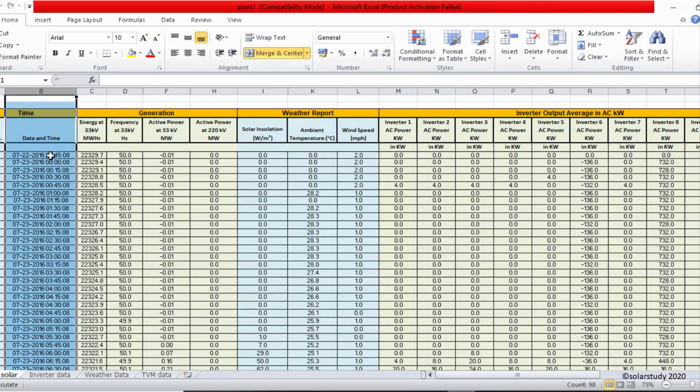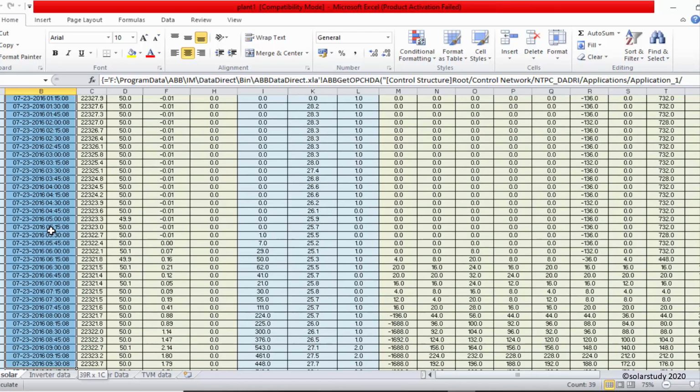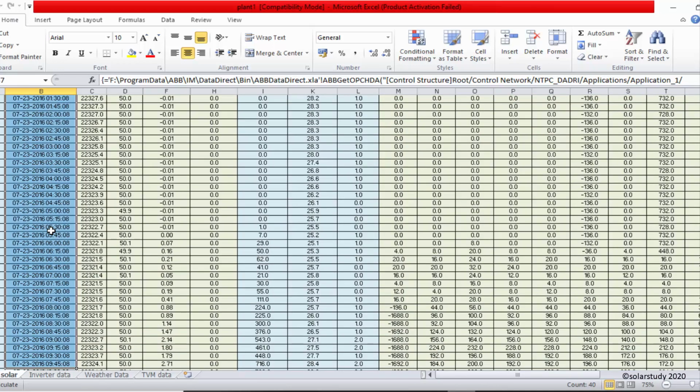This is in hour and minute format. You can see the 22nd and 23rd, from the morning each time, like the 0th hour, 1 hour, 2 hour. So 24 hours, with each time step 15 minutes. For 1 hour I will get 4 data points, or 4 frequency of data sets.